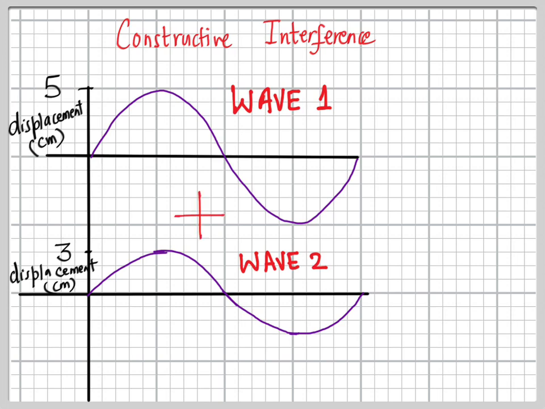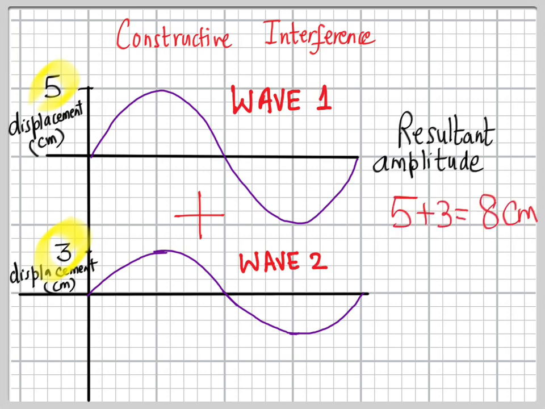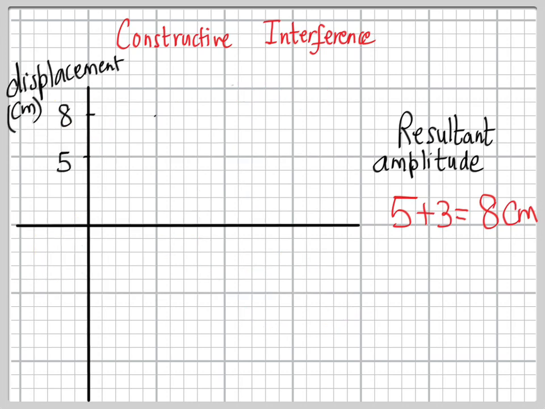Now, if you want to add them, we can see that both of them have positive amplitude. So when you add, the resultant amplitude will be 5 plus 3, which is equal to 8 centimeters. Now if you want to draw the resultant wave, we will take the same axis and then we will label where 8 centimeters is. So the resultant wave will look like this. So we can see that this is our resultant wave,